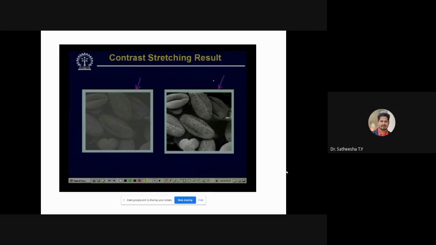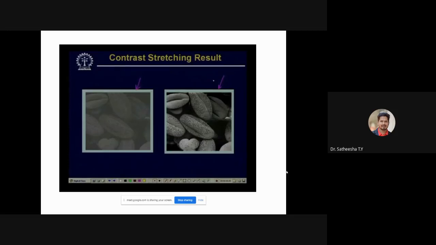By using the contrast enhancement operation, we have got a processed image shown on the right hand side. The left hand side is the original image, the right hand side is the processed image. Here you can directly observe that more details are available in the processed image than in the original image. So obviously the contrast of the processed image has become much higher than the contrast in the original image.